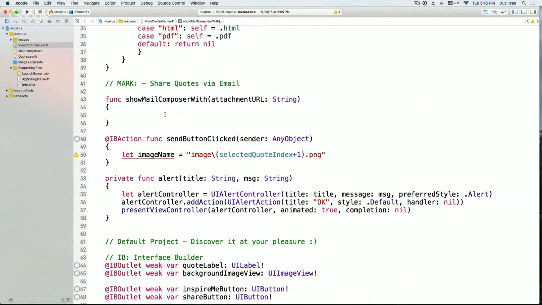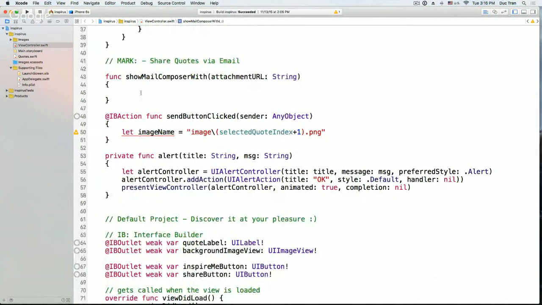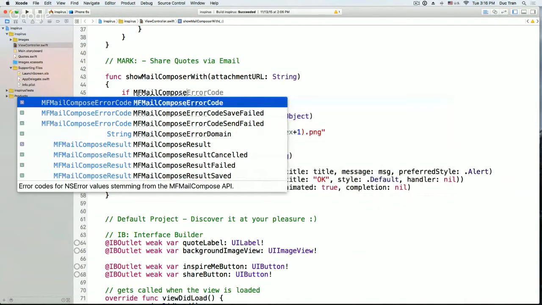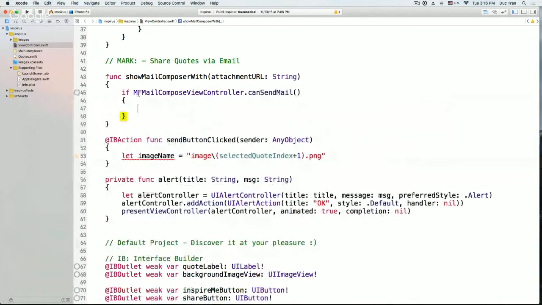First, we'll check if this device is capable of sending emails or not. Many devices don't have the capability to send email, because things like the simulator cannot send email, or maybe a device isn't set up with email yet, so we cannot send email via that device. So we want to check it first. If MFMailComposeViewController.canSendMail, so if we can send mail with this device,